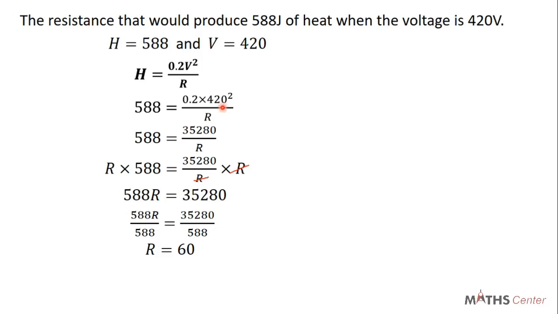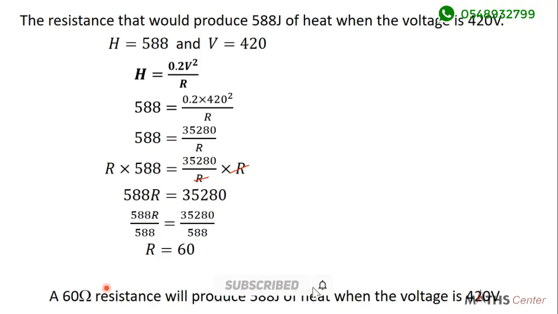So you see, as soon as you get to this level, solving the remaining part is a linear equation, and we've solved a lot of linear equations. So when you solve this linear equation, R will give us 60. The unit of R is ohms, so it means that the resistance is 60 ohms. So from here we can say that a 60 ohm resistance will produce 588 joules of heat when the applied voltage is